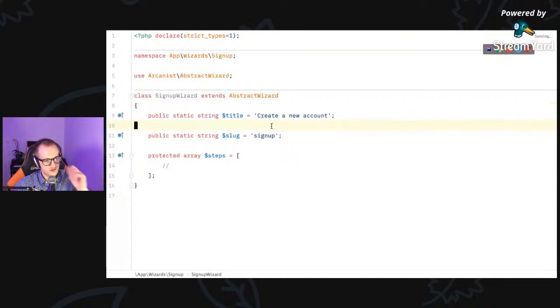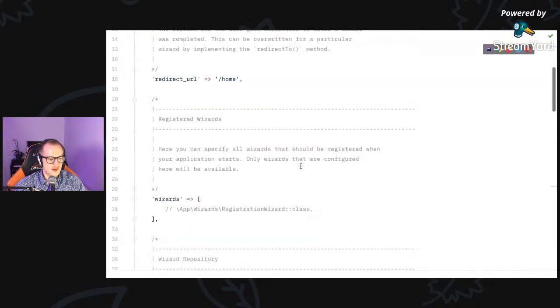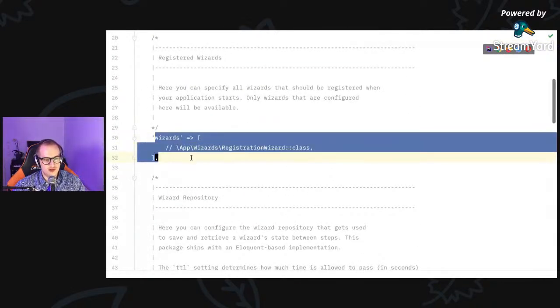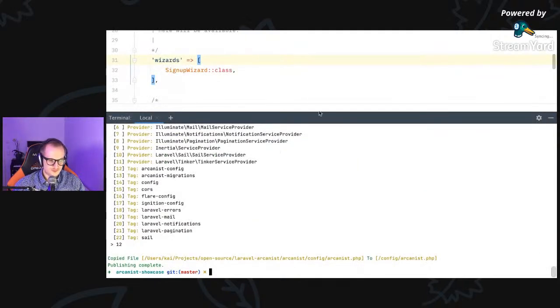Now, the next thing we need to do is to actually register this wizard so Arcanist knows about it. So let's go back to the config file. And there is a wizards array down here. And this is where we need to add our sign up wizard. Okay, so now that we have it registered,